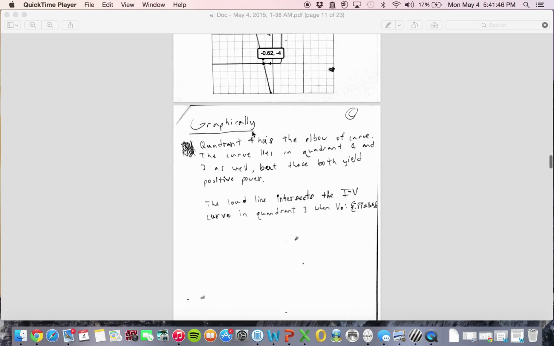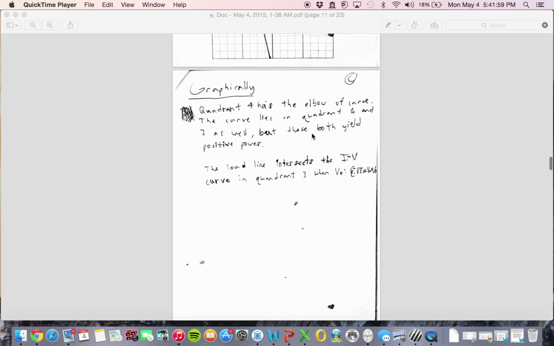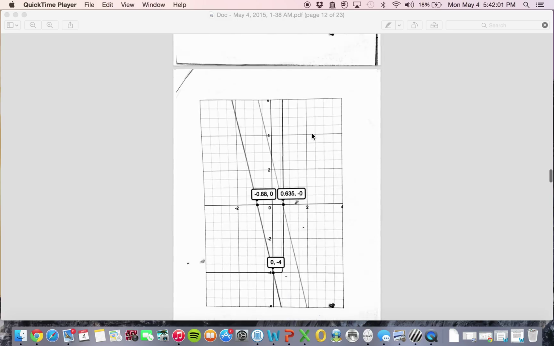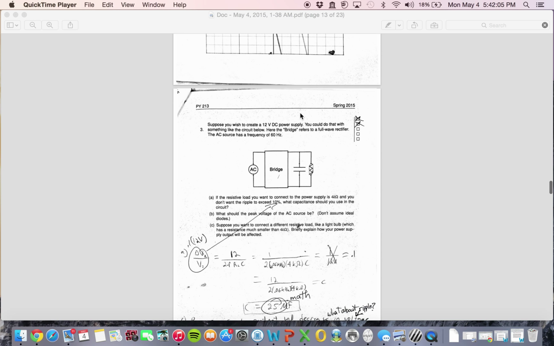Graphically, quadrant 4 has the elbow of the curve. The curve lies in quadrant 1 and 3 as well, but those both yield positive power. The load line intersects the IV curve in quadrant 3 when the supply voltage is negative 0.88 volts to 0.6 volts. And here you can see I showed the limits here on the graph with these 2 lines just for